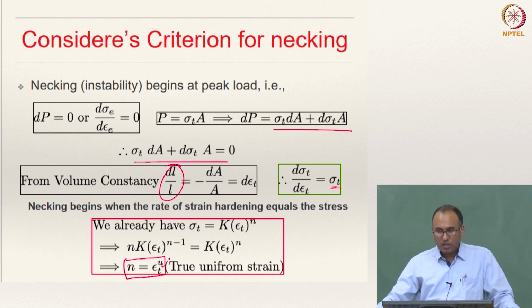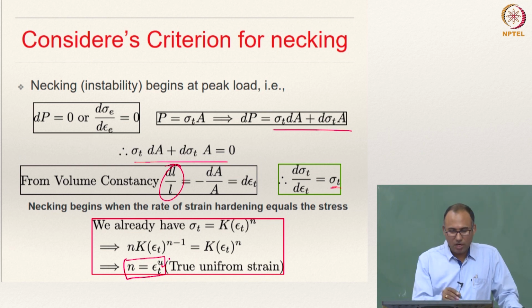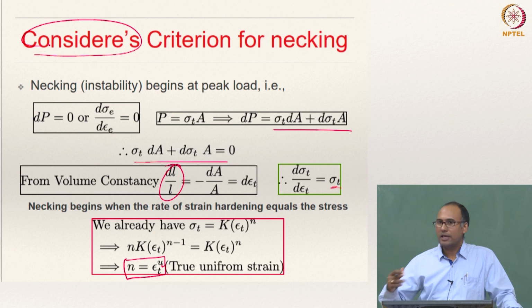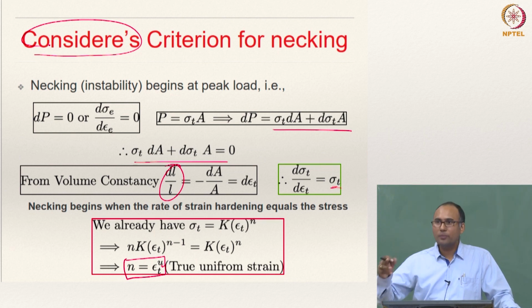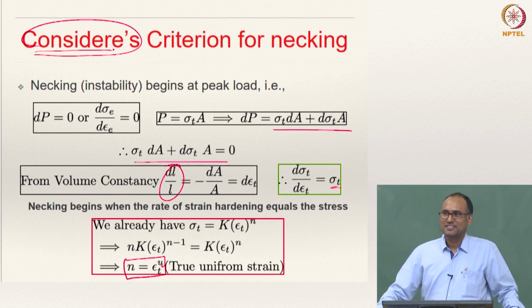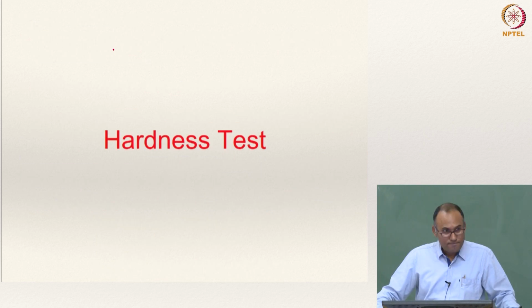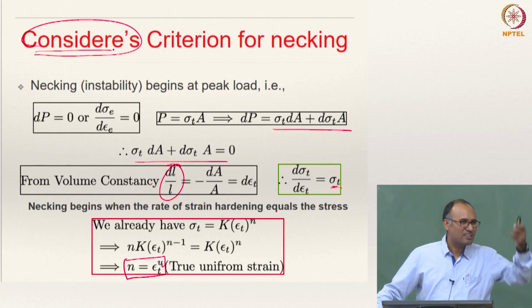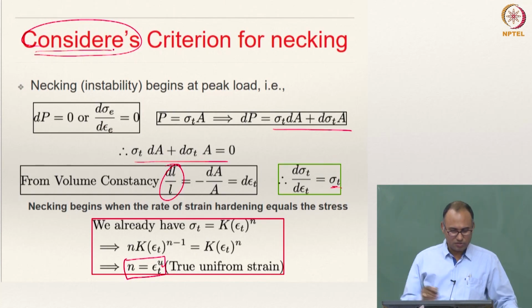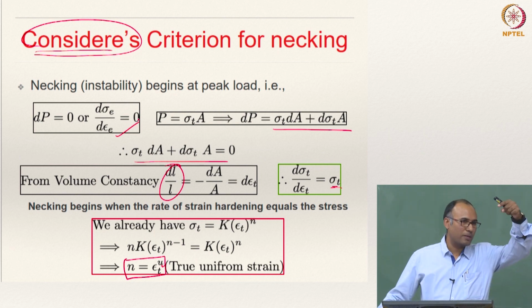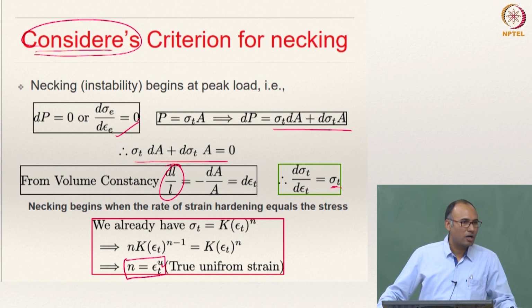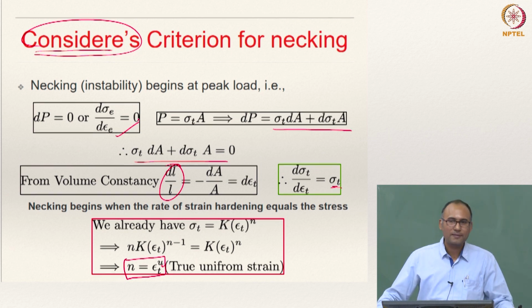Okay. So this criterion for necking is called Considère's criterion. So Considère has given this criterion in terms of true quantities. It's the name of a person. It is not consideration. All right. Because in the engineering strength also, the necking begins at the peak, right? So that is equivalent to the variation from the engineering stress strain of d sigma e by d epsilon e equal to 0. Yes. All right.